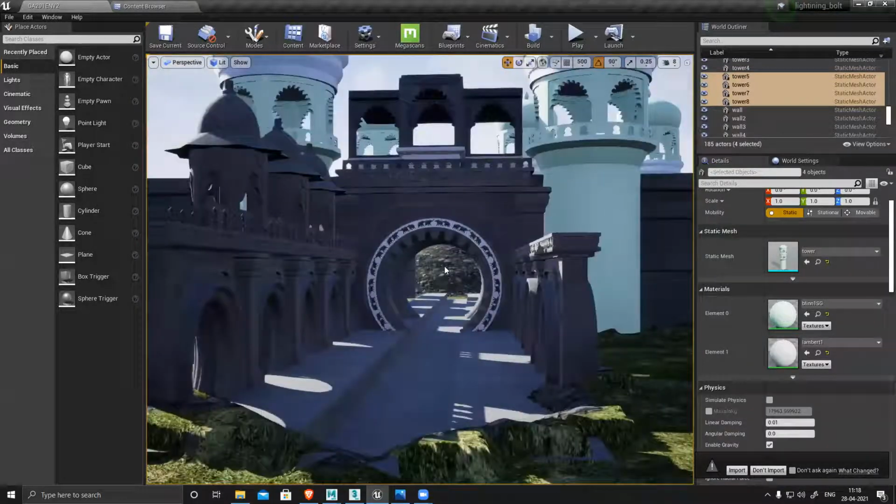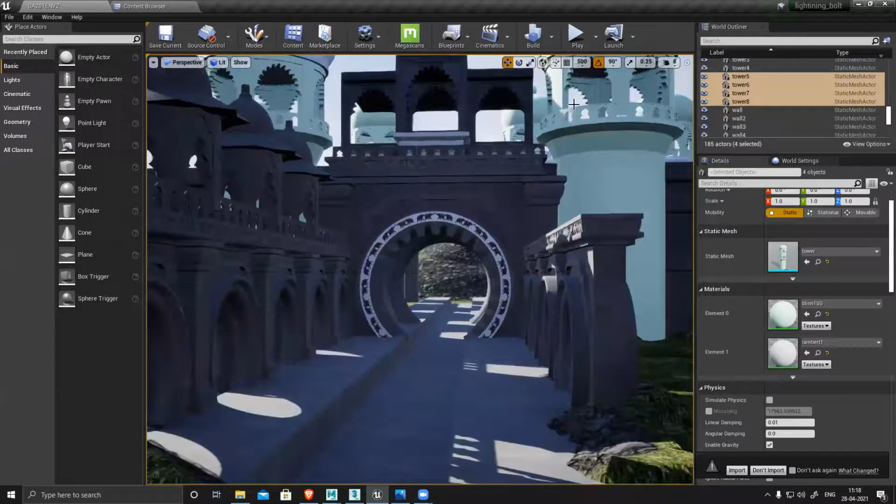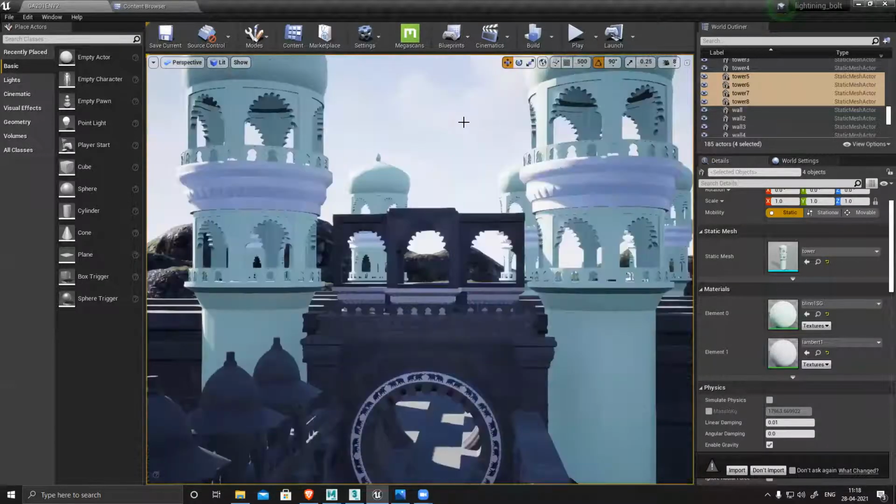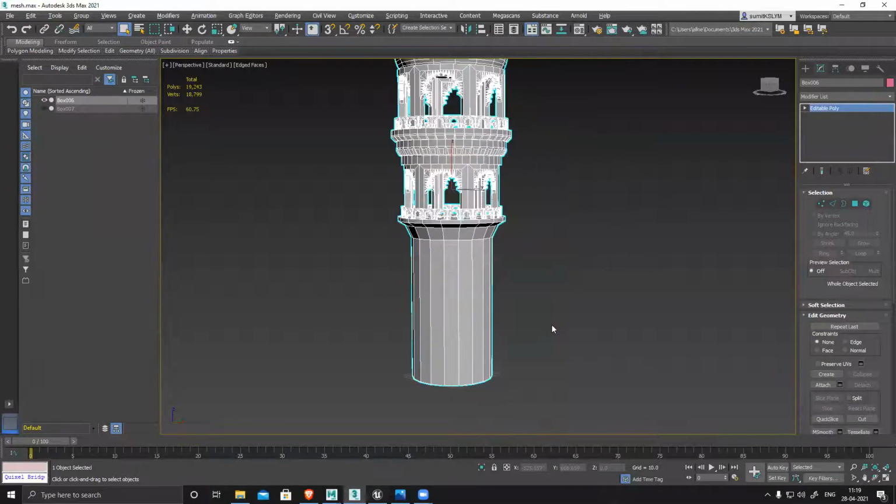So I can see from this angle, I can see everything, and I have this entire thing covered. Okay, now let's see, by basic structure wise, almost the structure is ready. There are a few arches and those walls, and this side wall and this wall are pending. Let's create that also, really quickly.